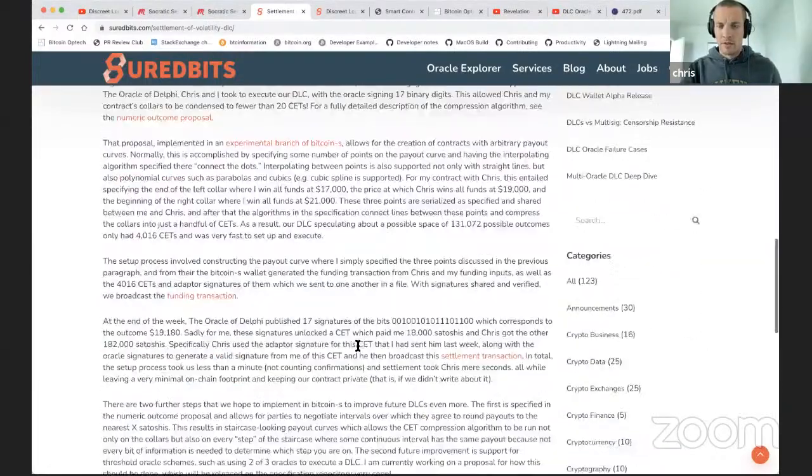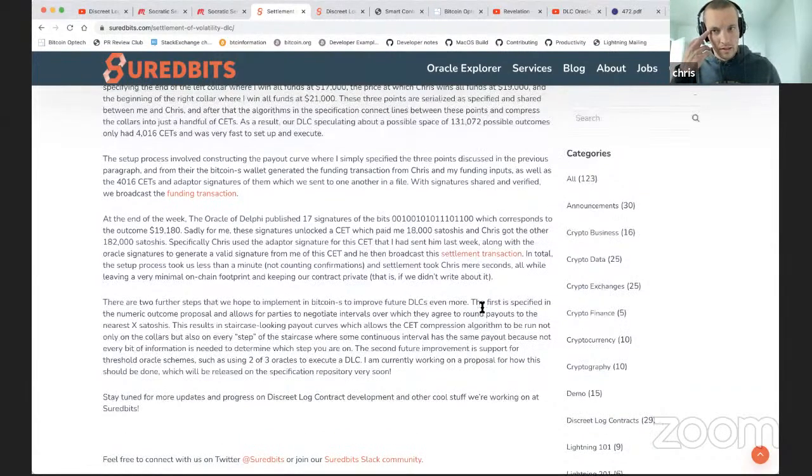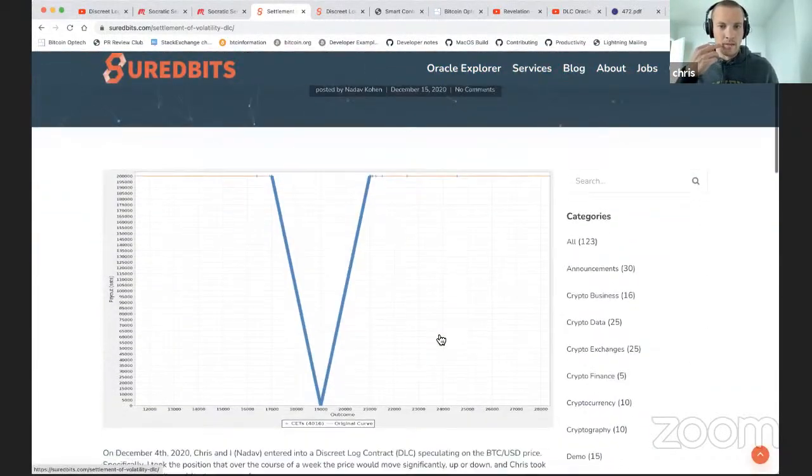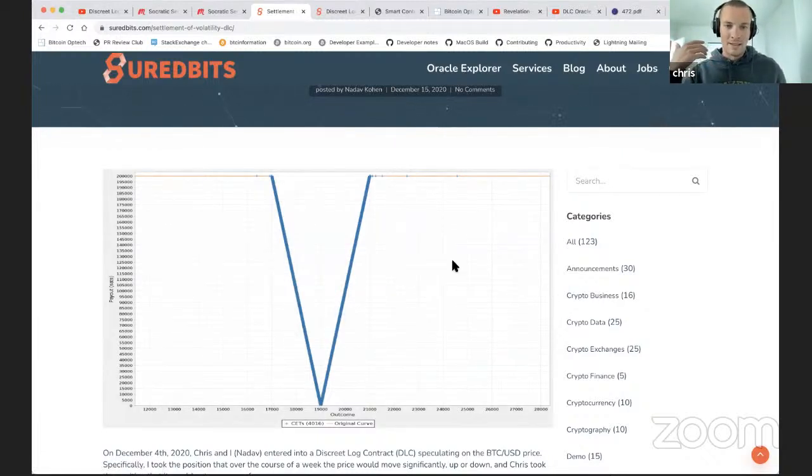Yeah, if my memory serves, if you go back up to that graph up there, Michael, at the top, I can add a little bit of commentary to this graph. So for people that are new to DLCs, this graph here represents what we call a payout curve. So on the x-axis of this graph, you have United States dollars. You can see it starts all the way down at $12,000. The kind of triangle that we have here hits the x-axis at $19,000, and it goes all the way out to $28,000 on the far right-hand side of the x-axis.